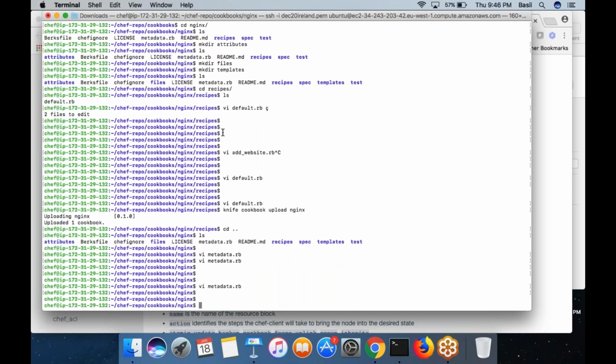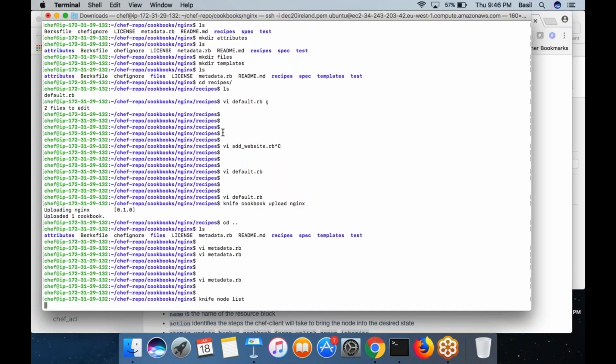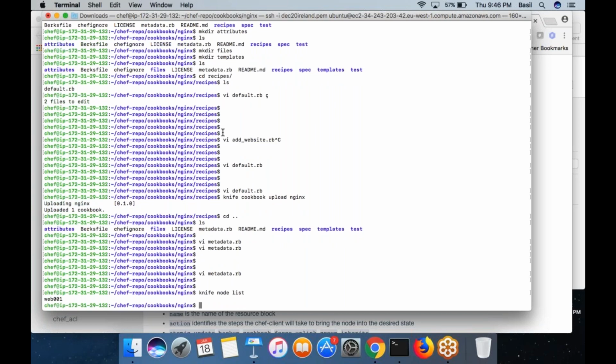Now it is time you want to create a run list for your node. You have your node web001 machine, and I want this recipe to be running inside that node. What do I need to do? knife node list is the command that would show you the list of nodes that you have already added. You have web001 machine. I want to edit this node. The command is knife node edit and the node name. knife node edit web001 is the command you need to write, which would basically open the configuration of the web001 machine, where I can make the modification to the run list.